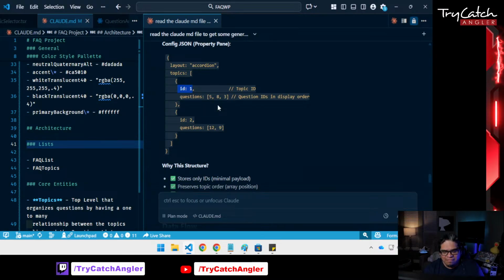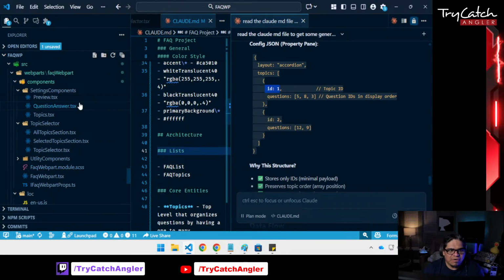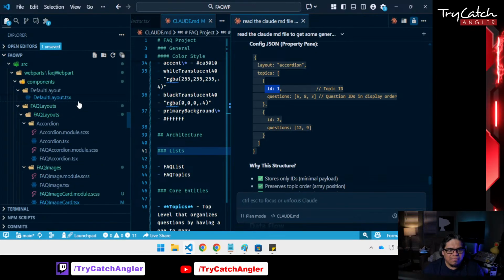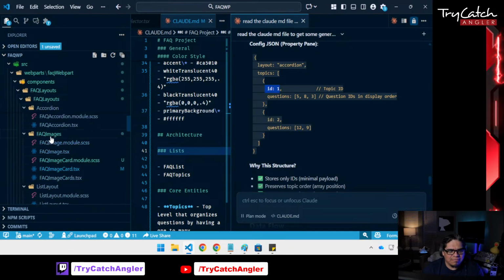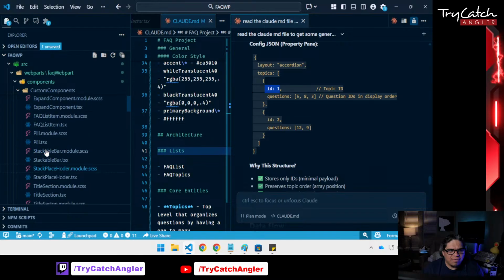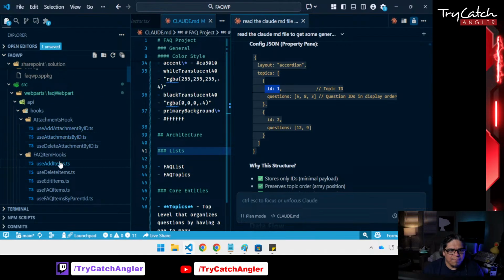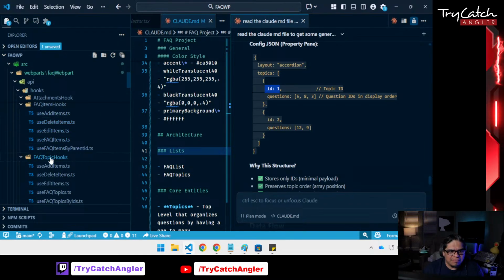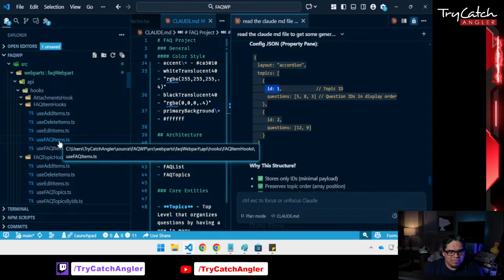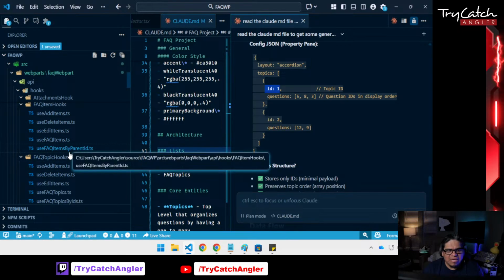And I believe if we look at our architecture or our application, we have a lot of this. So we have our hooks, we have our use items, which is our questions. So FAQ items. The only thing that we would need to do is create a use FAQ by ID. And actually, now that I even think about it, the FAQ, because we're using SWR, and if the ID is undefined, well, no, the ID wouldn't be undefined technically,